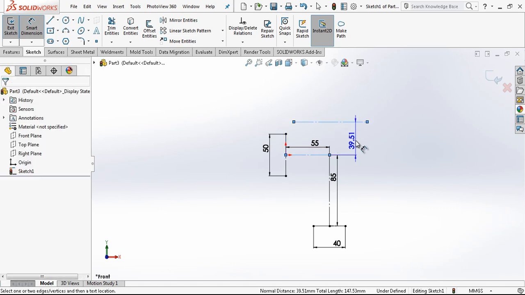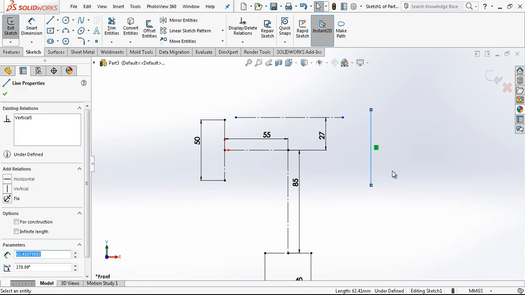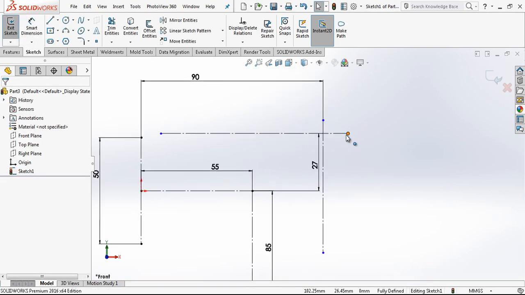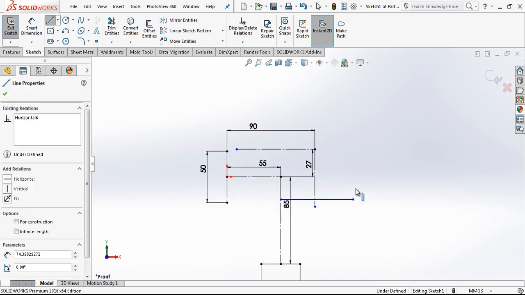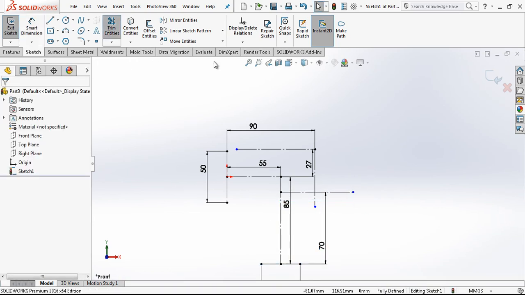This is 27 millimeter high. We create here a line. This is 90 millimeter. All these lines are for creating constraints for our curves. It will help us, and I create here a line which is 70 millimeter high from here, and